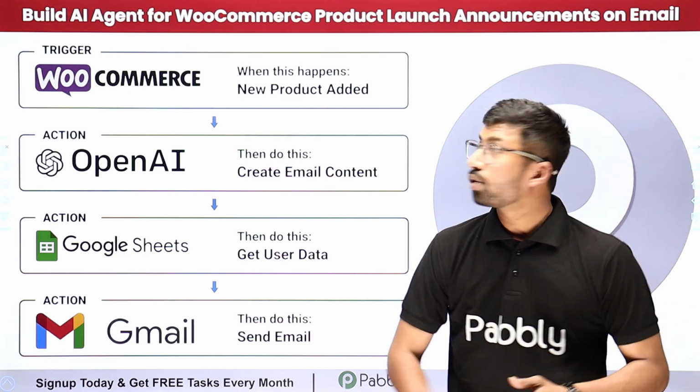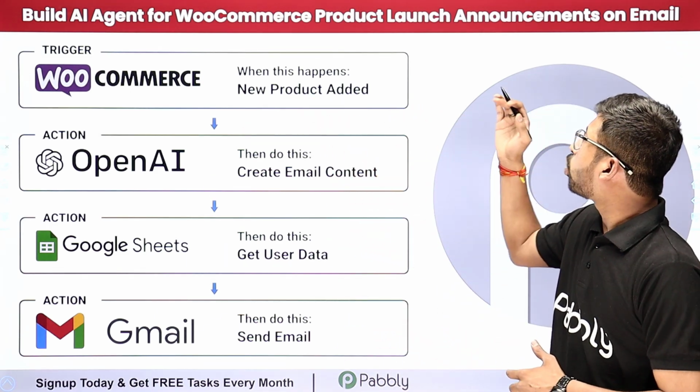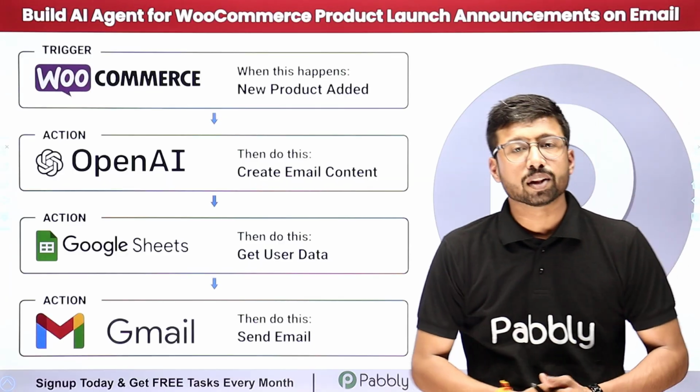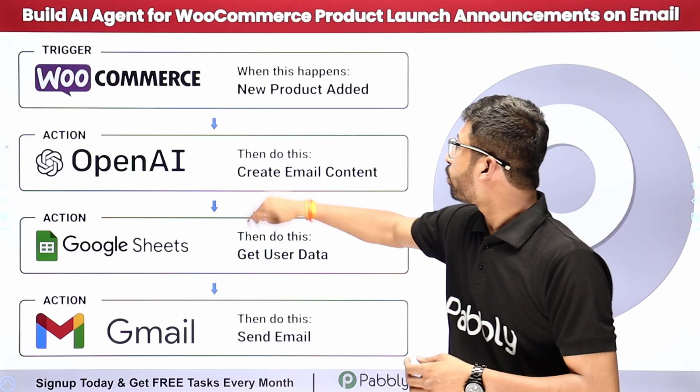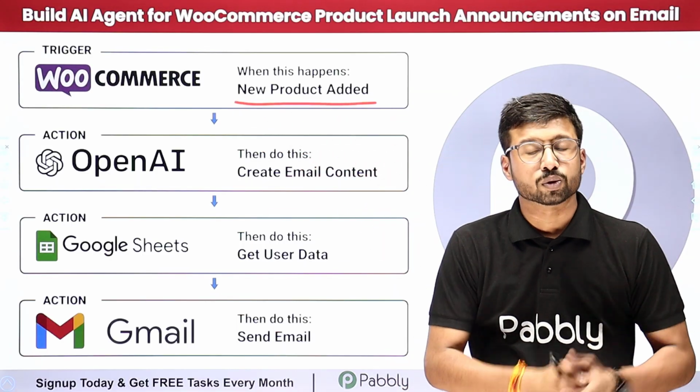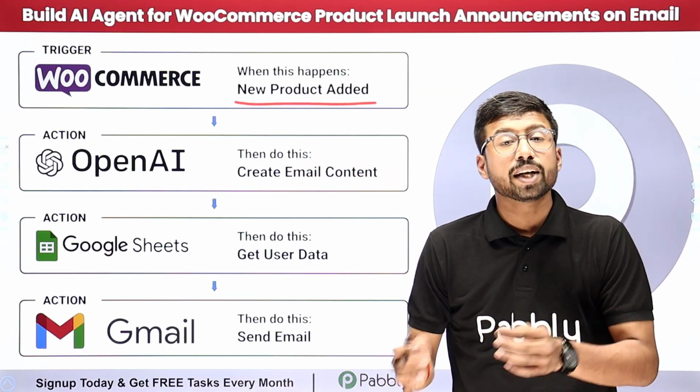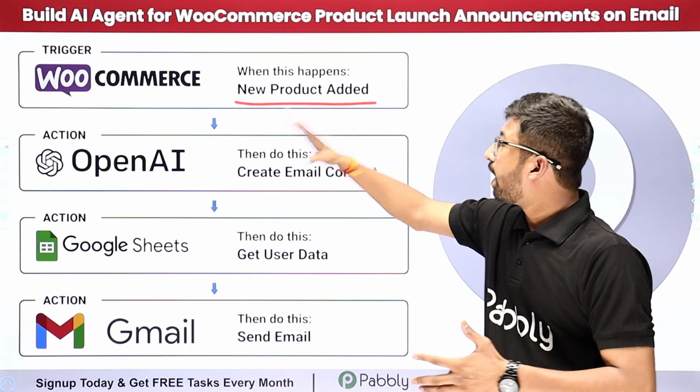So in this video, we are going to learn how to build an AI agent for WooCommerce product launch announcement on email. So we are going to build an AI agent which will get triggered whenever we add a new product in our WooCommerce store. As the product is added, this AI agent will capture the details of the new product and send it to